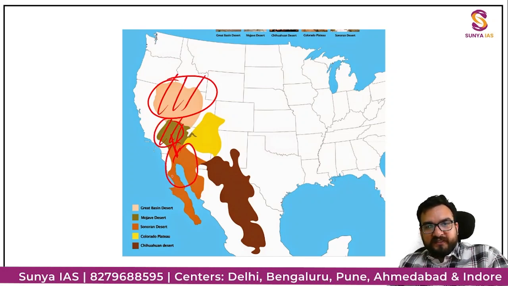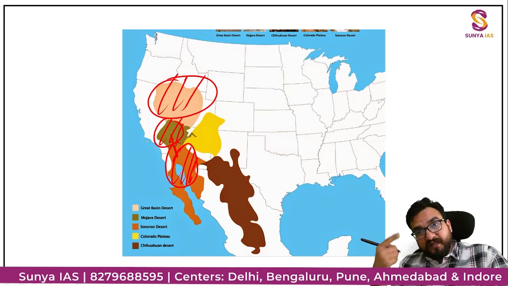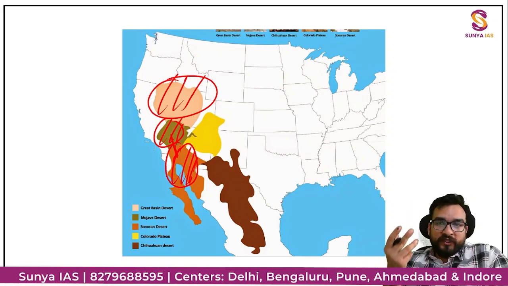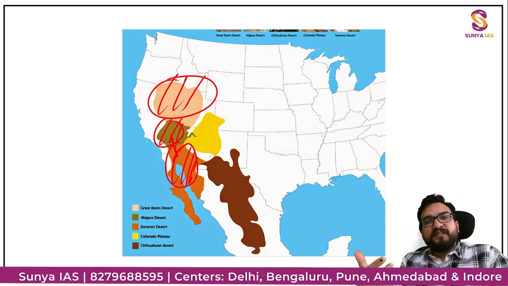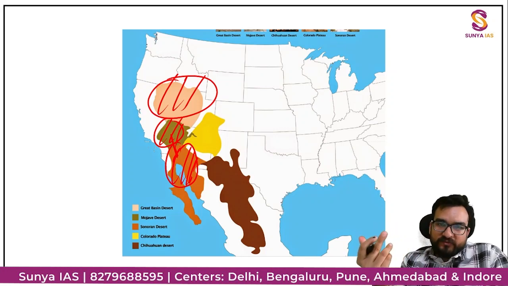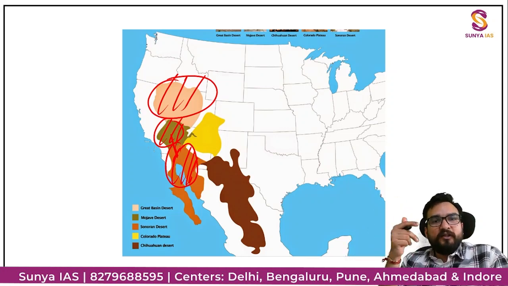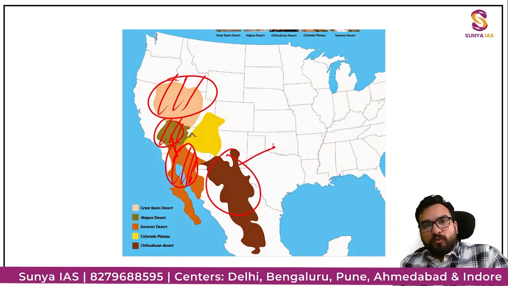मोहावे एंड सोनोरन एक साथ आपको याद रखना पड़ेगा. और ये नाम याद रखने पड़ेंगे गाइस. दीज आर न्यू नेम्स टू यू. इसके आगे पीछे की हिस्ट्री जानने की जरूरत नहीं है कि ये कब स्टेब्लिश हुआ था, इसको किसने नाम दिया था, ये सब नहीं. एज इट इज, जैसे आप किसी और का भी नेम जानते हो तो उसके आगे पीछे का नहीं पता करते हो ना, नेम कैसे आया, वैसे ही आपको ऑटोमेटिकली योर नेम शुड वर्क कि मेरे को ये आइडेंटिफाई करना है इस डेजर्ट में. दिस इज द डेजर्ट चिहुआहुआन डेजर्ट, राइट. एक बार स्पेलिंग देखना है, यहाँ पर भी लिखी हुई है, यहाँ पर भी लिखा हुआ है चिहुआहुआन डेजर्ट, राइट.